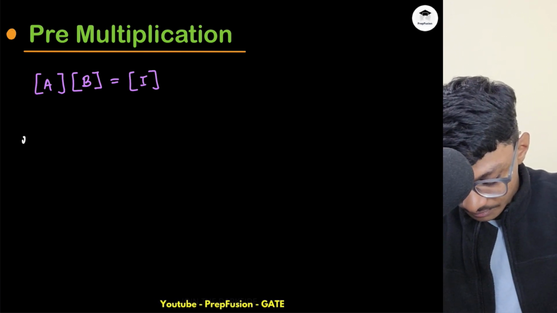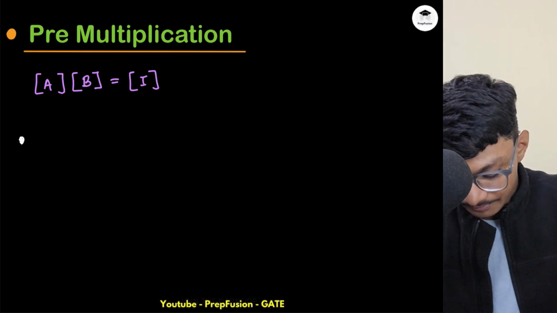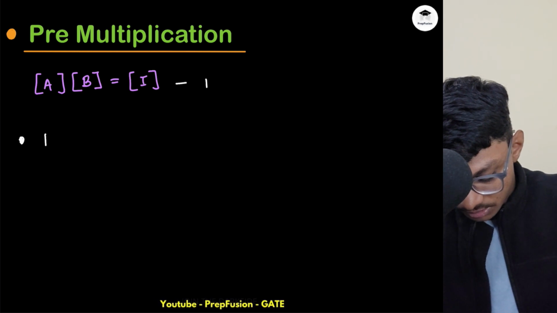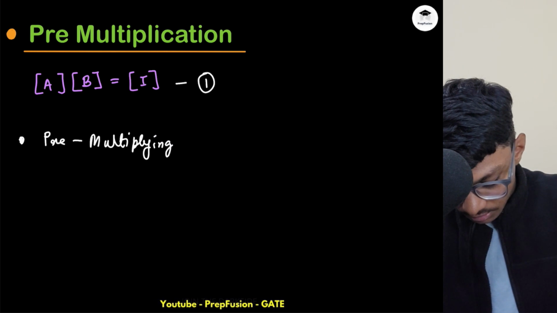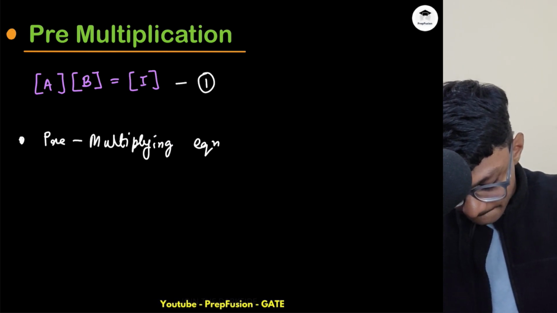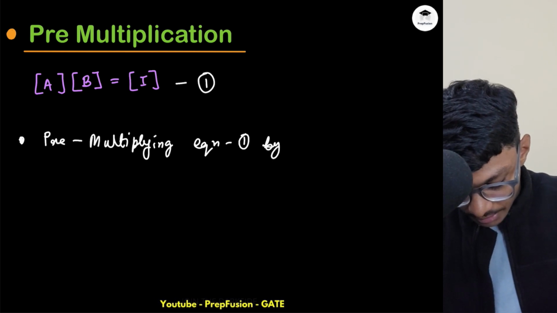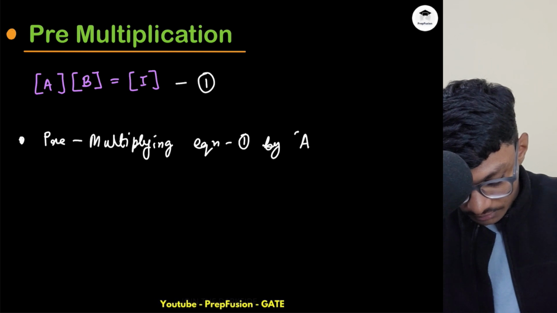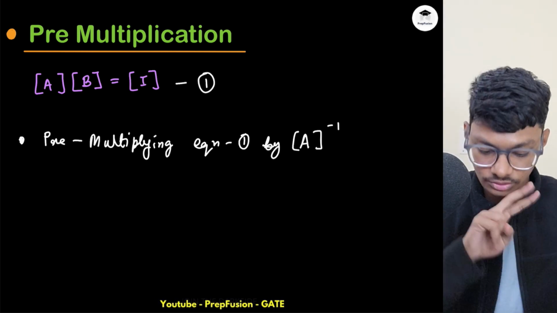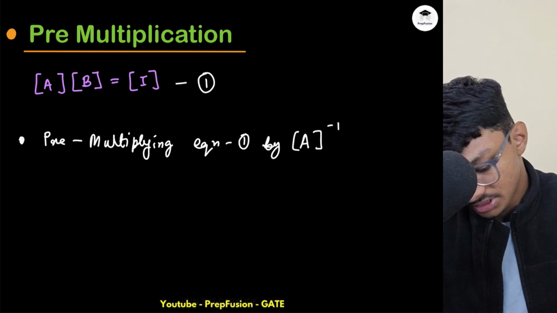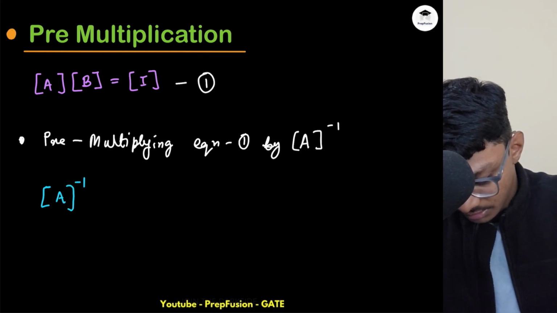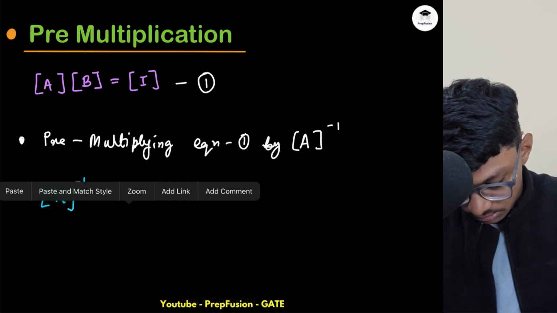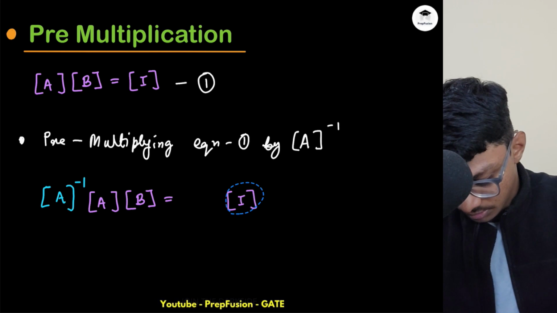So if some statement comes up, or obviously a statement won't come up, but you have to understand this, that this is one. Pre-multiplying equation 1 like this by A inverse. Okay, if I pre-multiply by A inverse on both sides, what will happen? Pre-multiplication means A inverse will come in front. Okay, I'll just copy this, and this will be